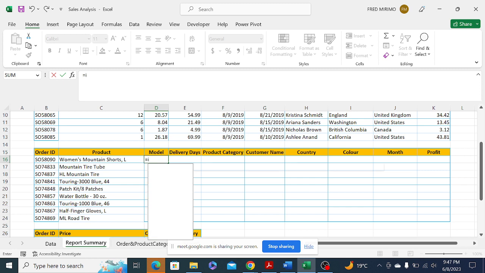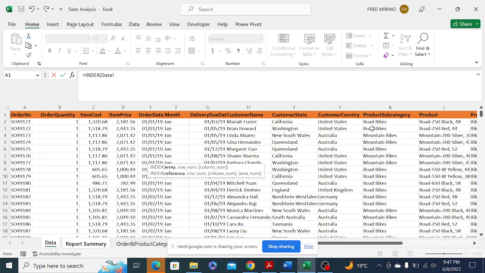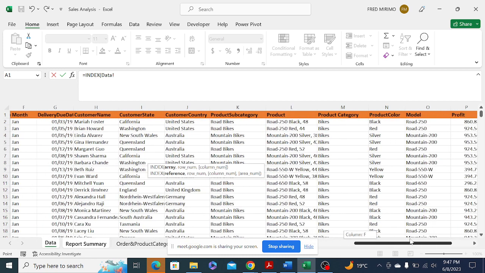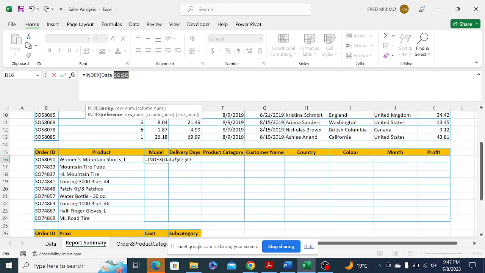So it's equals to INDEX, and then go to data, where we have the model, that's column O, select column O, and then introduce the MATCH function,